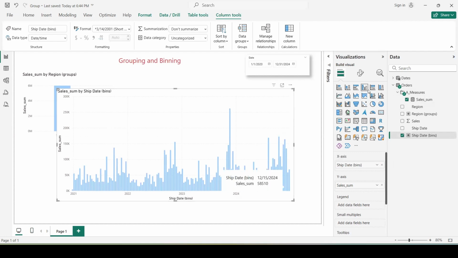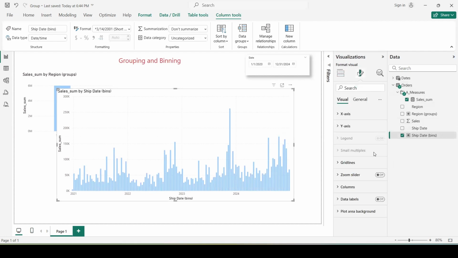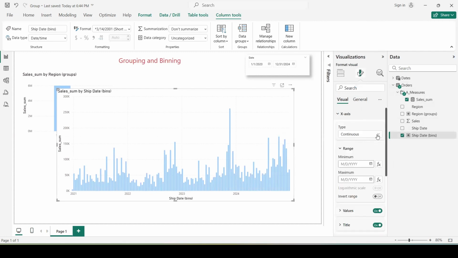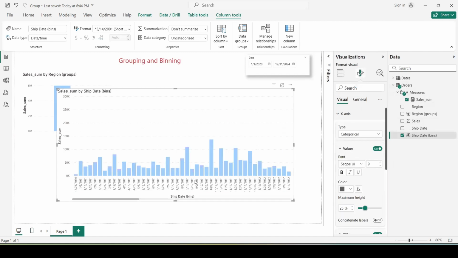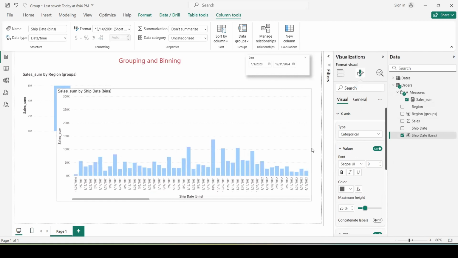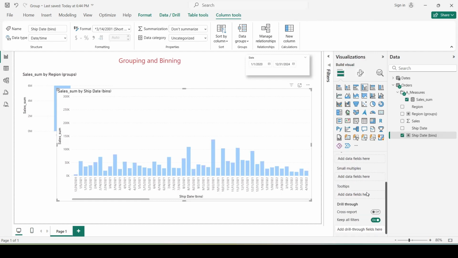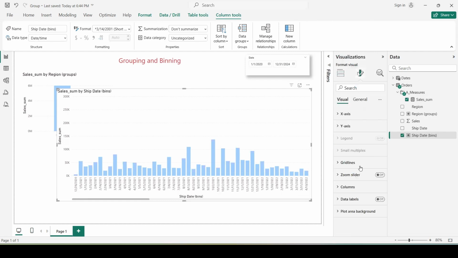So now let's see how we can add the days to see it more easily. X-axis, continuous, categorical. Okay. Maybe we can add some labels. Let's just go to the end.